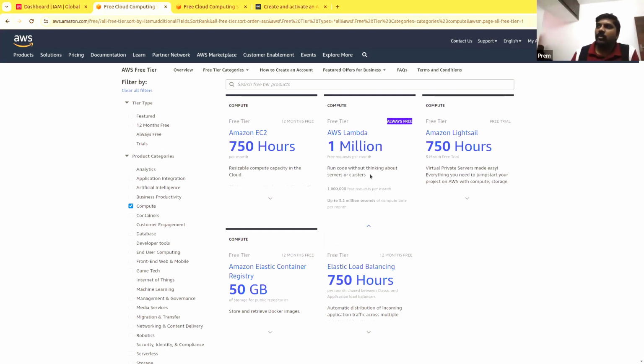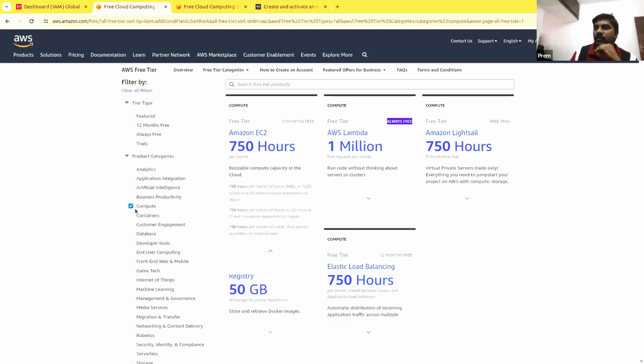So imagine, if you are able to use this in an effective way, you can reduce a lot in your compute capacity. That is where you need to decide which activity I should do in serverless, which one I should not do, and I should go for a server. You will know that when you go through all the sessions and understand the things.